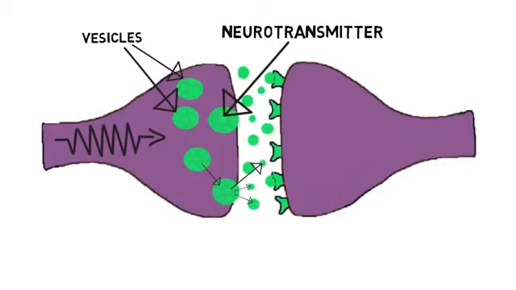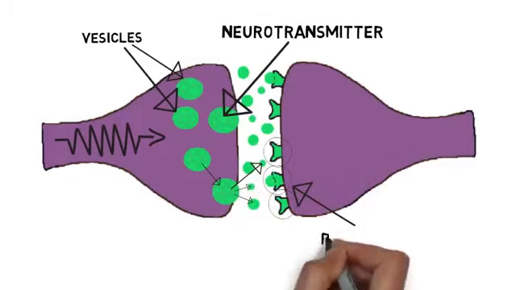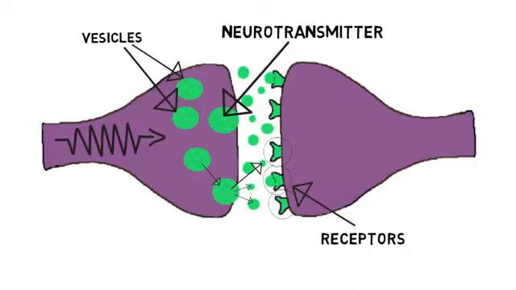Once they are in the synaptic cleft, neurotransmitters interact with receptors on the postsynaptic membrane. They bind to these receptors and can cause an action to occur in the postsynaptic cell as a result. This action may involve increasing the likelihood that the postsynaptic cell will become activated and fire an action